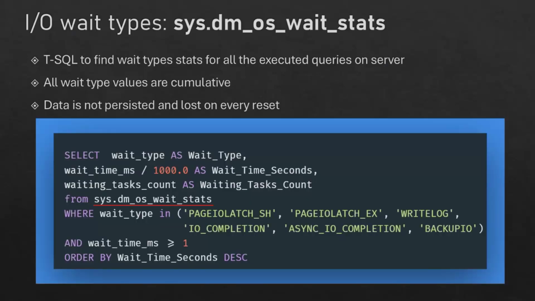Right? So now let us try to understand how you can access this DMV. When I initially mentioned that there are two DMVs, OS wait stats is a cumulative kind of thing. So basically, this will collect all information. It says, okay, for this particular wait, it waited for 2 seconds. So it will always collect this, and this is a cumulative count which you get since the server started. So the data is not persisted. If you do a server restart, all this information is lost,